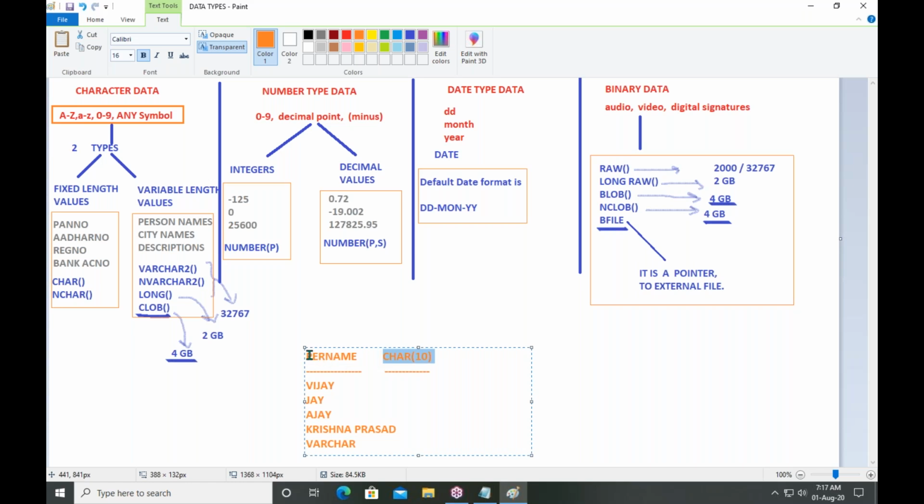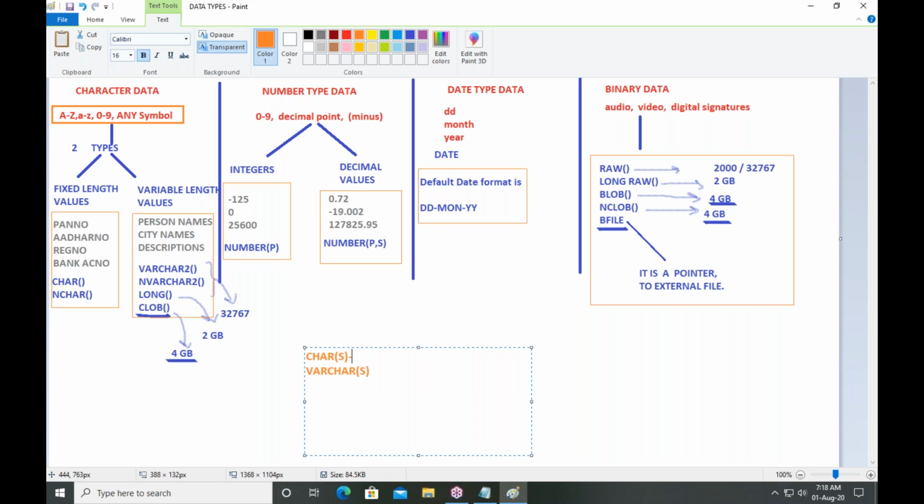So for all types of character values, if you are using this data type, your memory is wasted. So first they introduced char, but we have some problem in char. Sometimes it is wasting our memory. To control that, they introduced varchar of size.